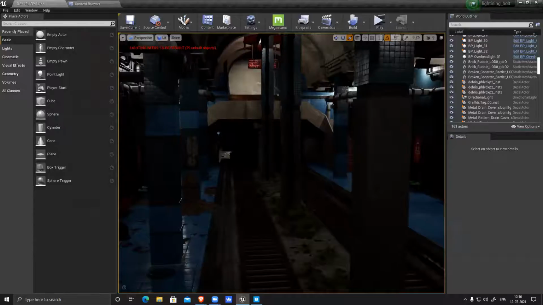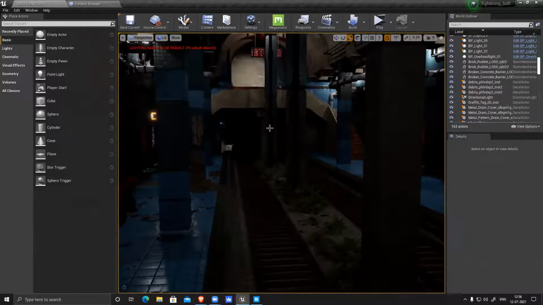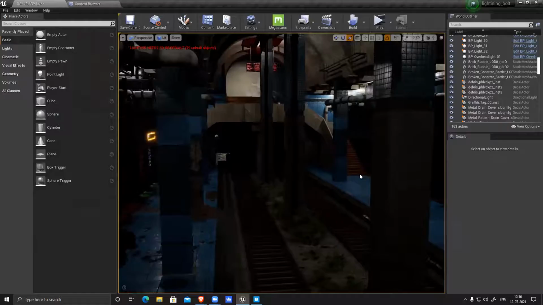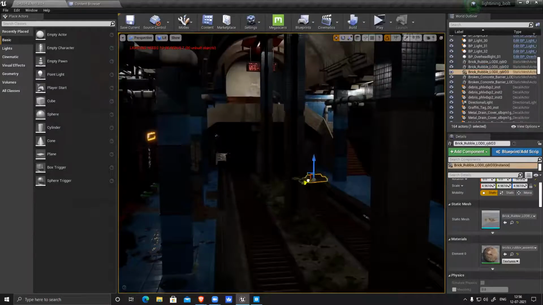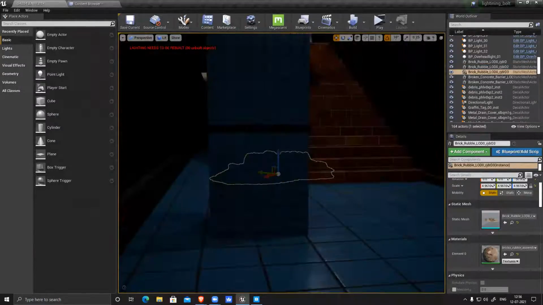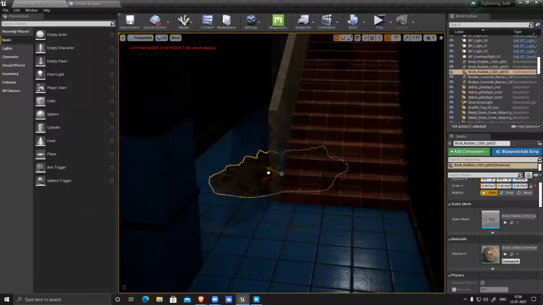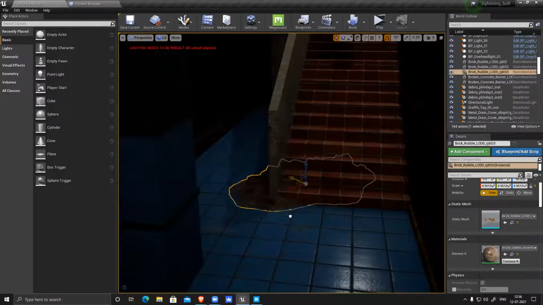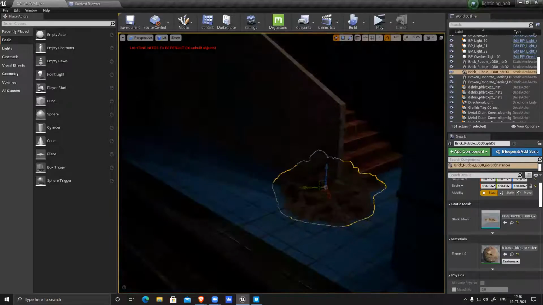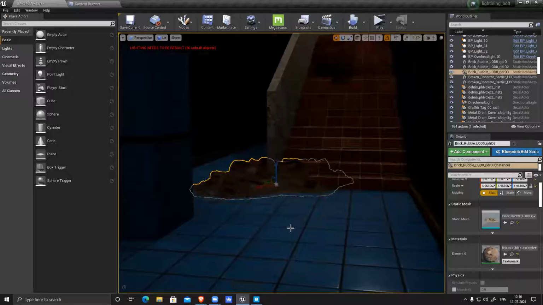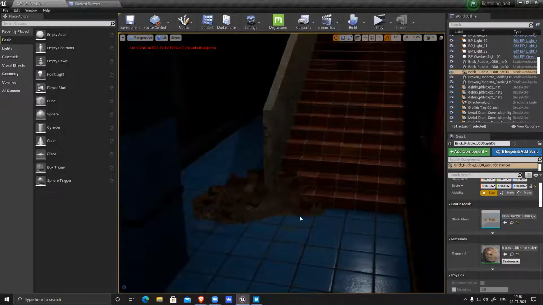So this foliage I can add. I'll break this section, and suppose this staircase, I have this section and I want to add a little broken section. Place it like this, so you can see it will look like this.